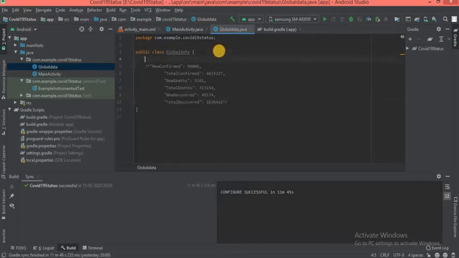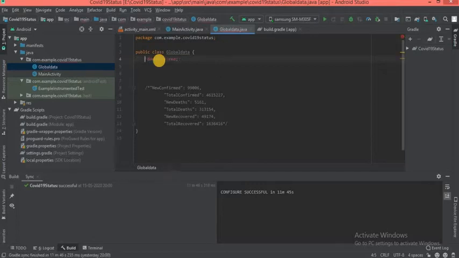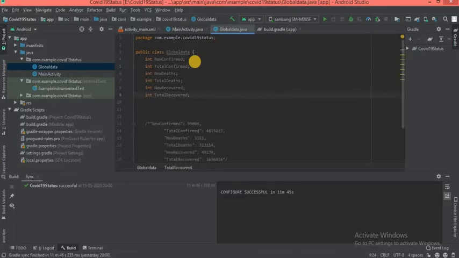And we are going to create attributes for each field. The value is integer, so I mentioned it as integer. Likewise, I am creating attributes for all the fields given in the JSON file.